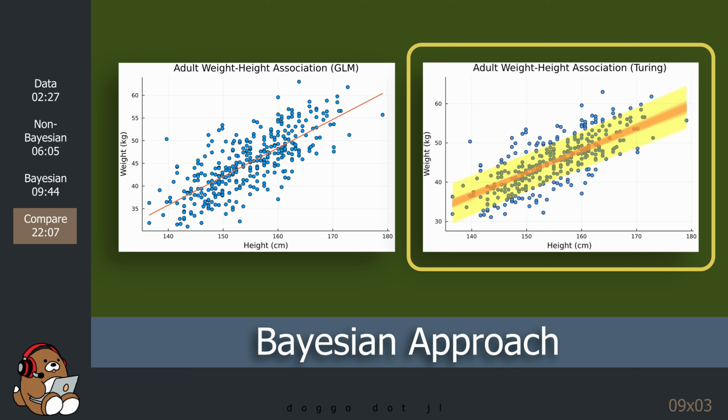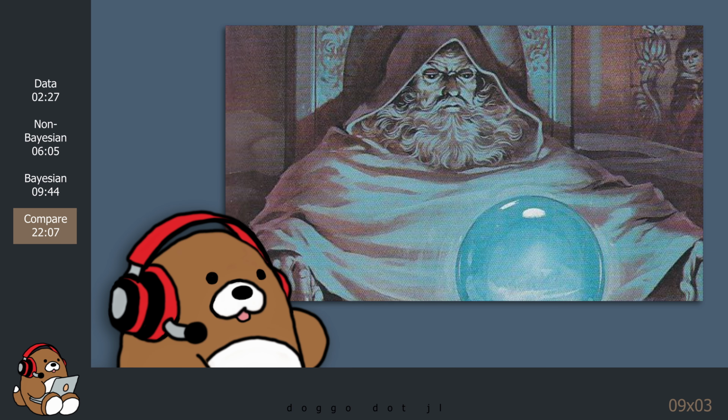The Bayesian model acknowledges that if you know someone's height, you won't necessarily be able to predict their weight precisely. Instead, you'll be able to provide a probability distribution around what you believe their weight might be, based on the data that you've seen so far. The Bayesian model also allows you to update your beliefs if you're presented with new data. If you're in the prediction business, the Bayesian approach offers you a more nuanced way of making predictions in an unpredictable world.